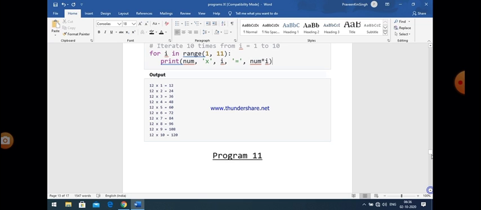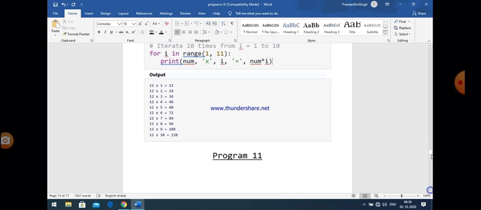Next time, for the second iteration, the loop will be executed and the result will be displayed as 12 into 2 is equal to 24. Again, the third time, 12 into 3 is equal to 36, and at last, when the loop is executed for the value of 10, then 12 into 10 is equal to 120.